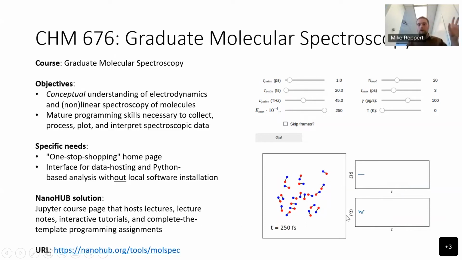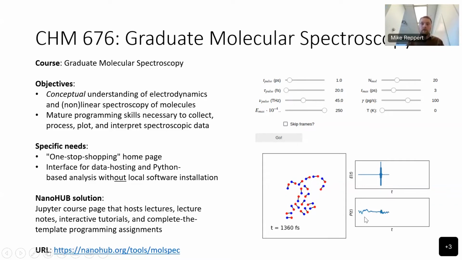So again, here's the start of the simulation. The molecules are initially randomly distributed. It's cold. The temperature here is set to 0 Kelvin. Students have control over that. They can modify any of these parameters here. And then the system has sort of reached a local equilibrium here. A laser pulse comes into the system, blows the system apart, and then it recollapses into some other structure as